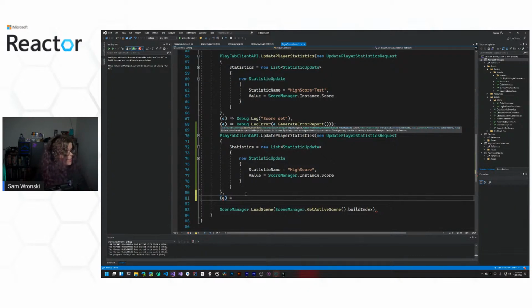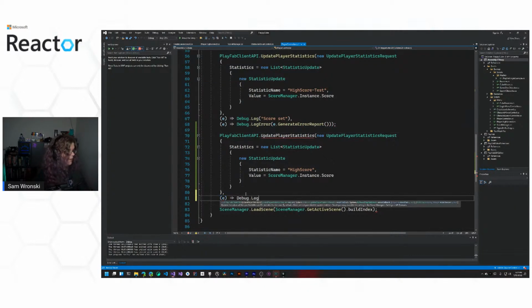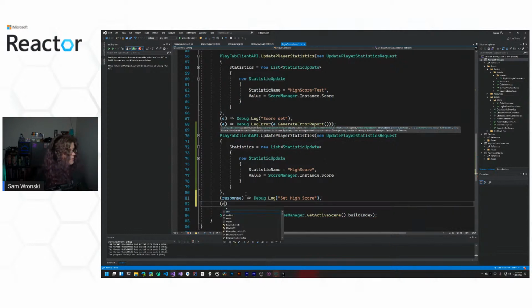So we're going to get some response here. Let's get out of my bad habits and do response, debug log, set high score, so we know a little bit what's going on. And then error is probably a better option here.